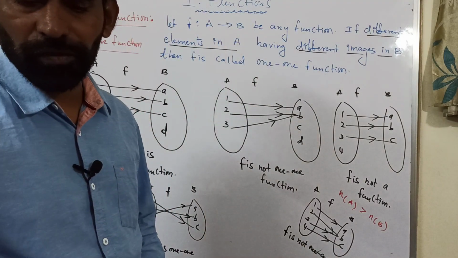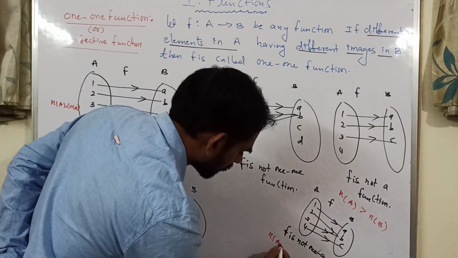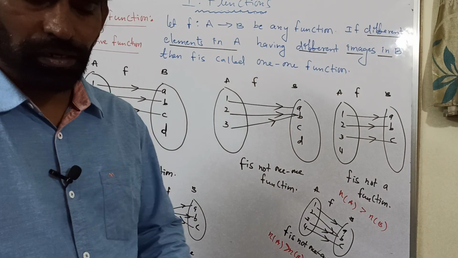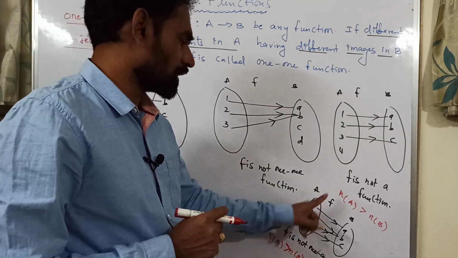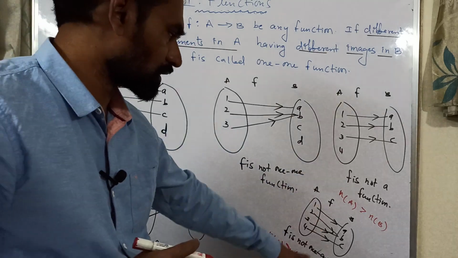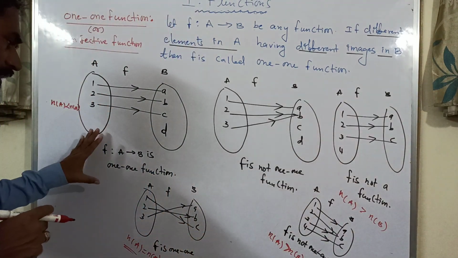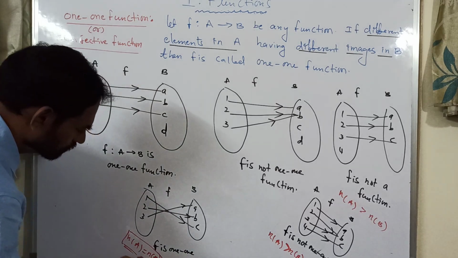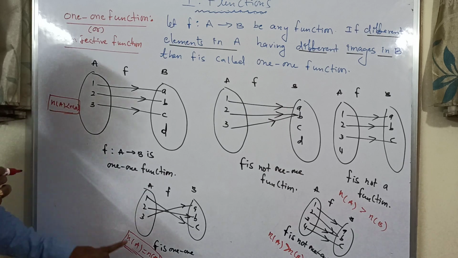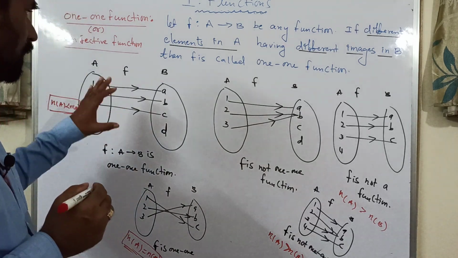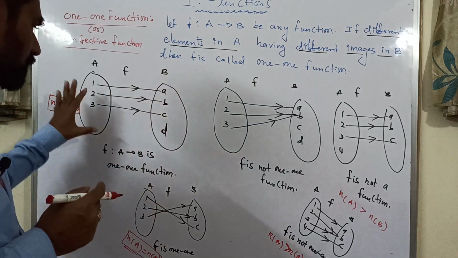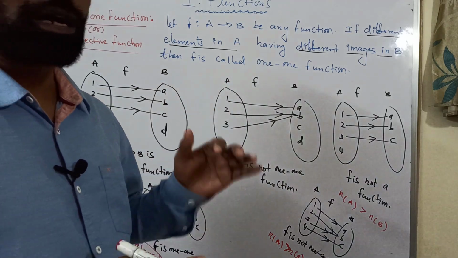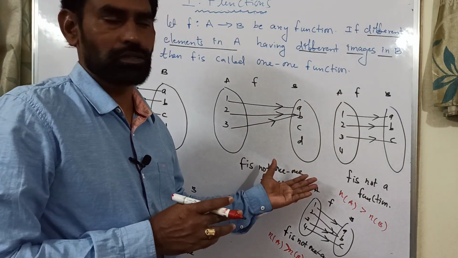In this case also, if you observe, the number of elements in A is greater than the number of elements in B. So you have to conclude one point here. When the number of A is greater than the number of B, f is not a one-one function in these two cases. For f to be one-one, the number of A must always be less than or equal to the number of B: either the number of A is less than the number of B, or the number of A equals the number of B. Number of A greater than number of B means we can't make one-one functions using this diagram.